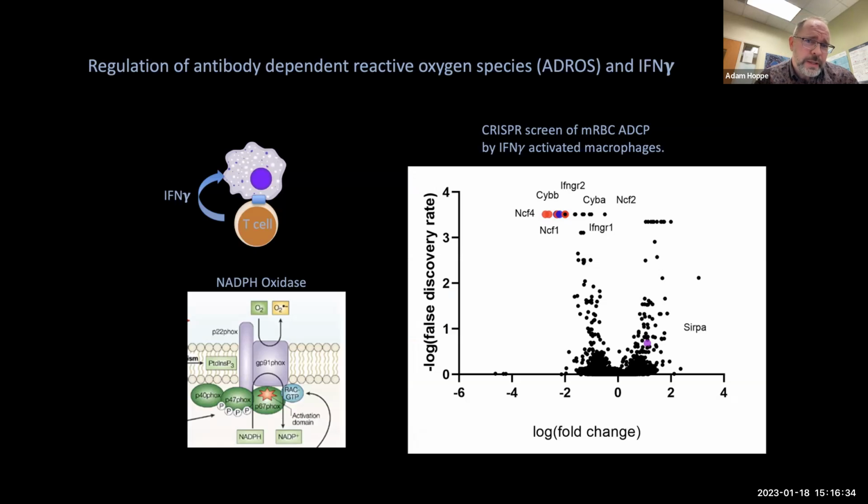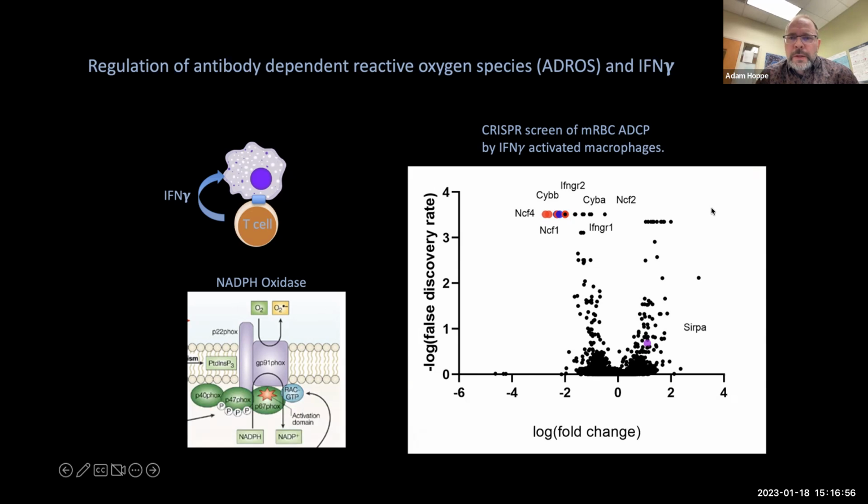So antibodies activating Fc receptors can drive the NADPH oxidase, which is this machine down here. We typically associate that with an antimicrobial response. However, it is also important for chemotaxis and recruitment of additional effectors,